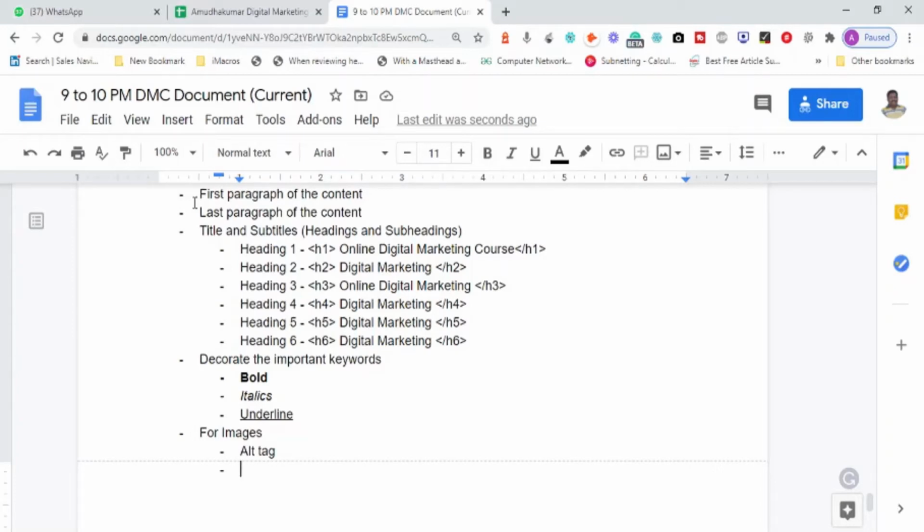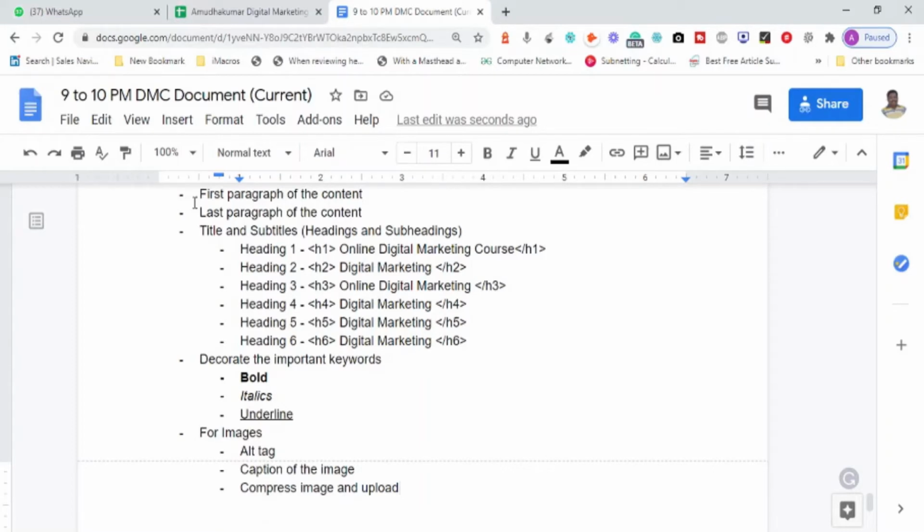So add a caption. Caption basically comes at the bottom of the image. So add your focus keyword in the alternative tag. Add your focus keyword in the caption of the image. This is one option. And when you upload an image, compress the image and upload. So these are all the optimizations related to images. Anyway, we are going to discuss image optimization in the later section. Whenever you have this content, you need to make sure that we do this.